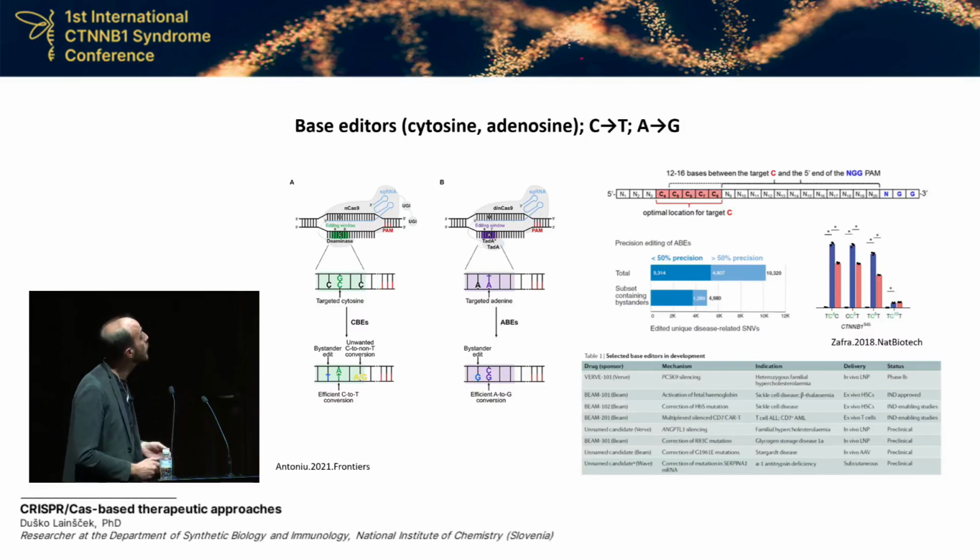We're talking here about base editors, and then the last category of the CRISPR-Cas system is so-called prime editors. What are base editors? These are nickases that are fused with different effector proteins. Here we are talking about deaminase, which allows point mutation corrections, meaning that nucleotides will be converted from cytosine to thymine or from adenine to guanine. So we can pinpoint the targeted nucleotide that is the main cause of a genetic disease.